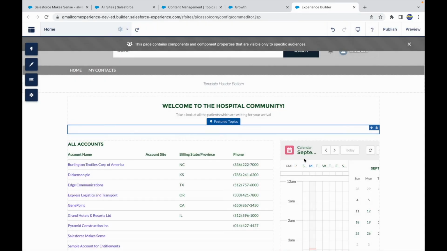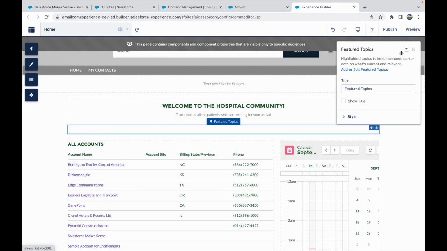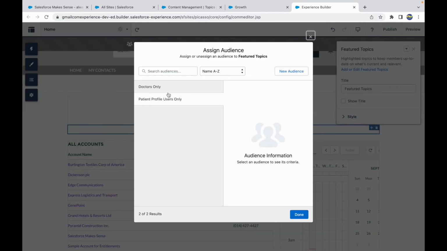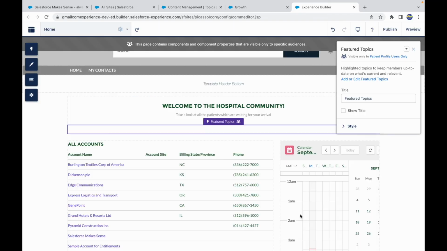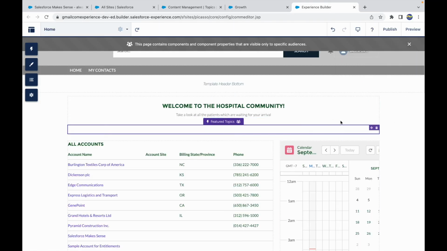Cool. And before publishing, what I also want to do is assign this to a specific audience, right? So who do I assign it to? The patients. I don't want the doctors to see it, they already know everything. So I'll say patients and I'll say assign. I'll say done. Cool. Now this is visible to only the